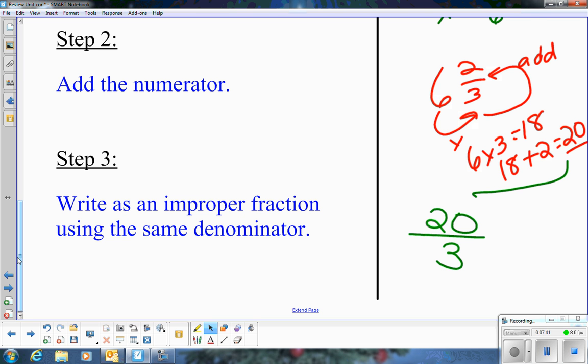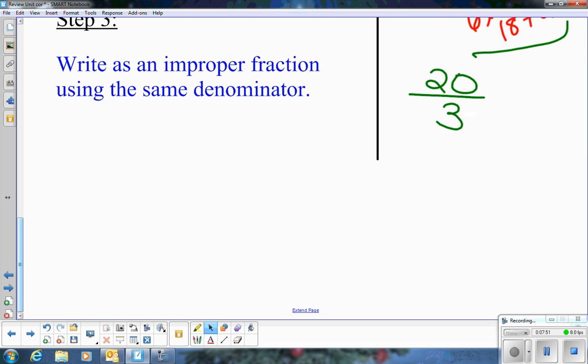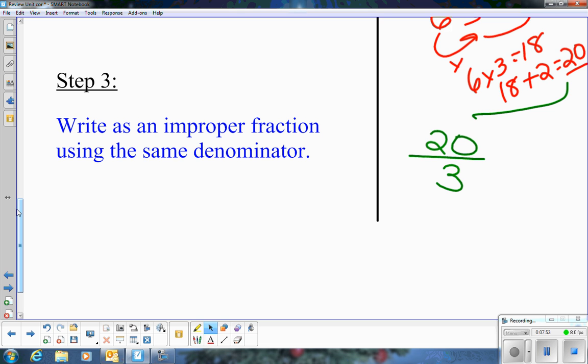I'm going to go back and show you how to do it this way, which I think will maybe make a little more sense, less margin for error. Let's do a couple really quick examples on the bottom, just to make sure that you're with me here. If I have 4 and 7/9,